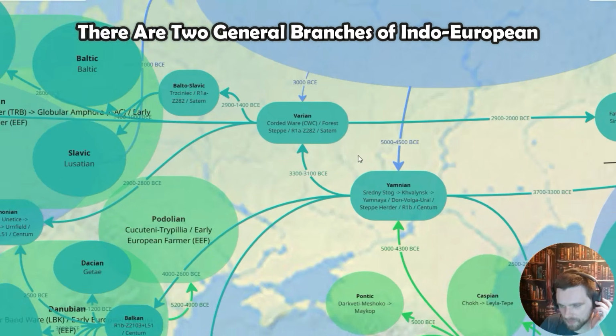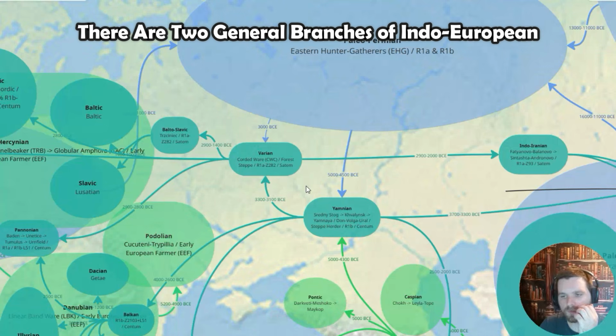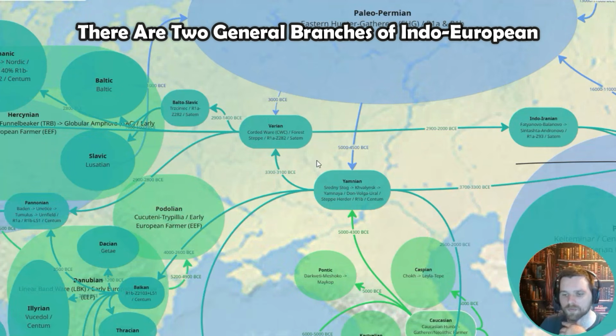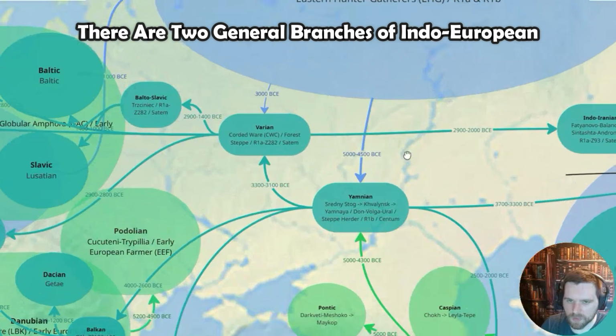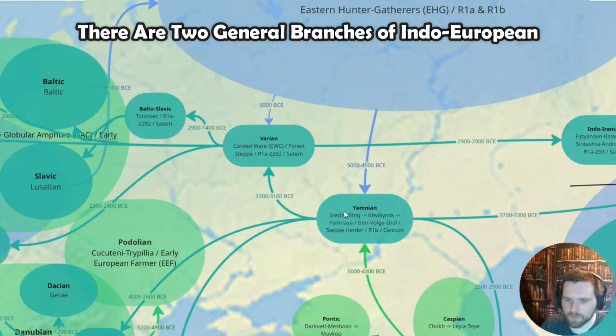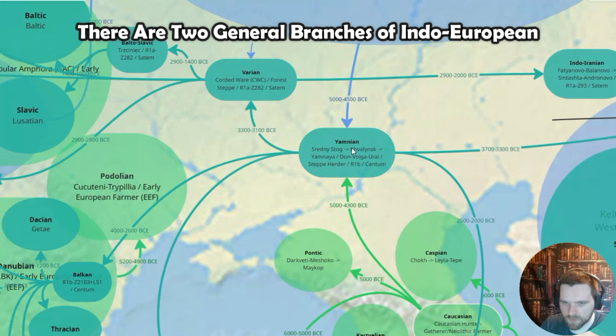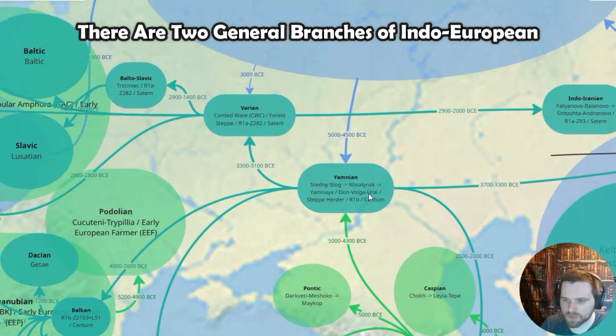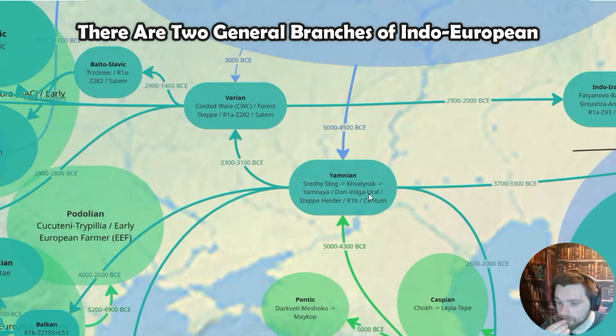So I generally, and many scholars generally, split the Indo-Europeans into two branches. There's multiple dimensions of the split that correlate, and that's why the split is so useful. So I call them Yamnian and Varian, and the difference is really early and late, in a sense, the first and the second. The first wave, the Yamnian wave, corresponds a lot of times with the haplogroup R1b in males,